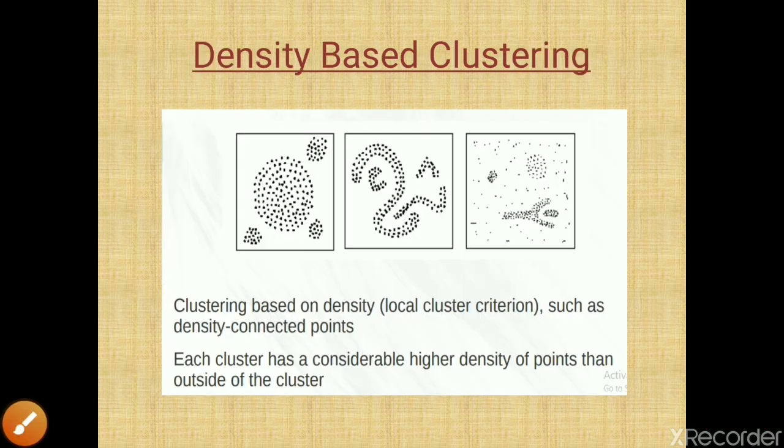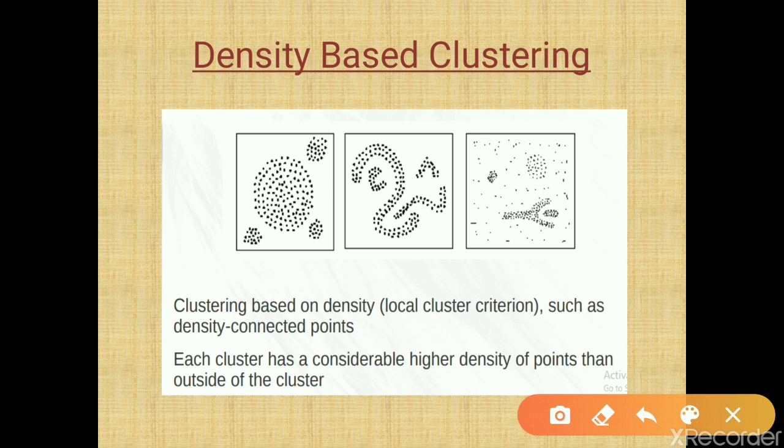Here you can see different arbitrarily shaped clusters. Some clustering is based on density. Here you can see one spherical shape cluster, with a set of data points. In this region data points are located more, it is a concentrated area of data points, so we take this as a cluster. This is another cluster, where more data points are concentrated.